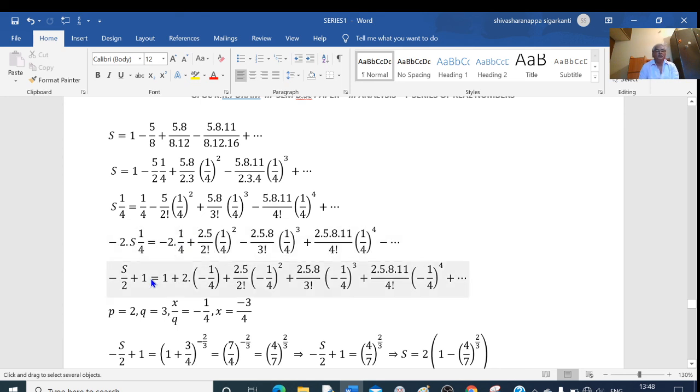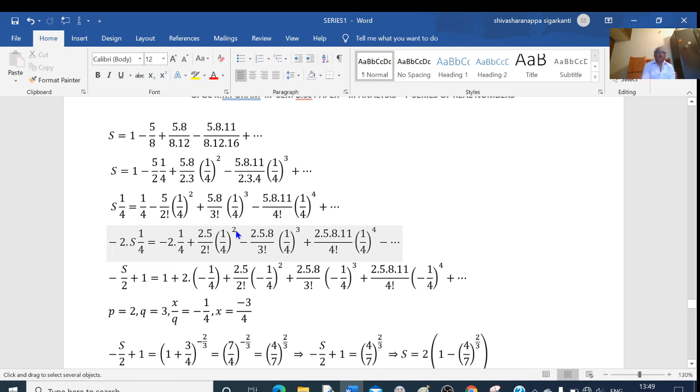Okay. What I do here is I will write this as minus s by 4 is nothing but minus s by 2. And I need the first term. First term is not there here. So, if I neglect these negative signs here, I can see this as p into x by q plus p into p plus q by 2 factorial into x by q square plus p into p plus q into p plus 2q divided by 3 factorial into x by q to the power of 3 plus and so on. Now, what I do here is power 3 is there, I will make this as plus and I will put that negative sign here. And here the 1 by 4 square is there.